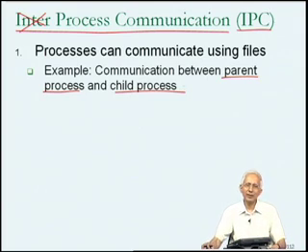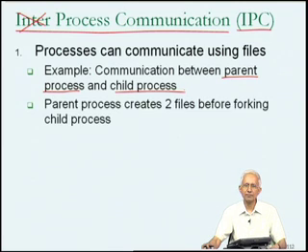Now, for them to communicate, it may be possible that in the particular situation that I'm in, I need one of them to be able to communicate a value to the other. So let's say that the parent process has computed the value 6, and it wants to communicate the value 6 to the child process. And the question then becomes, how can the parent process communicate the value 6 to the child process? The first idea is one could do this using files. So one possible way of doing this is outlined here.